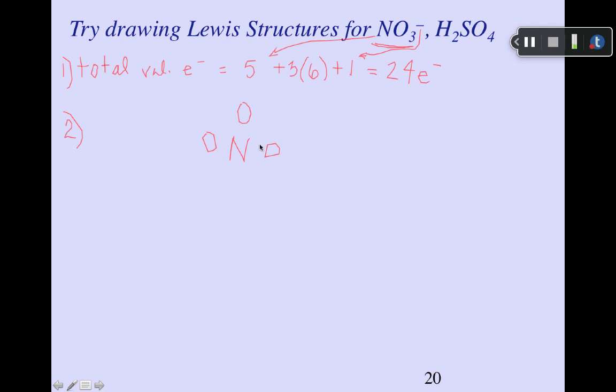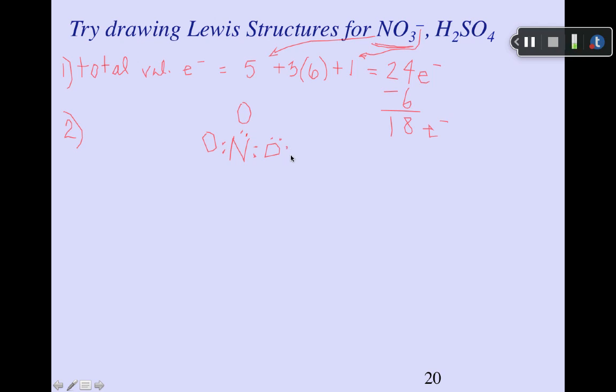And so step 2 is to make bonds, and in doing so, we'll use up 2, 4, 6 electrons out of 24. And having done that, we have a number of electrons to go, namely 18. I hope you can do that kind of math without a calculator. 18 electrons. Well, the next step then is to fill up any